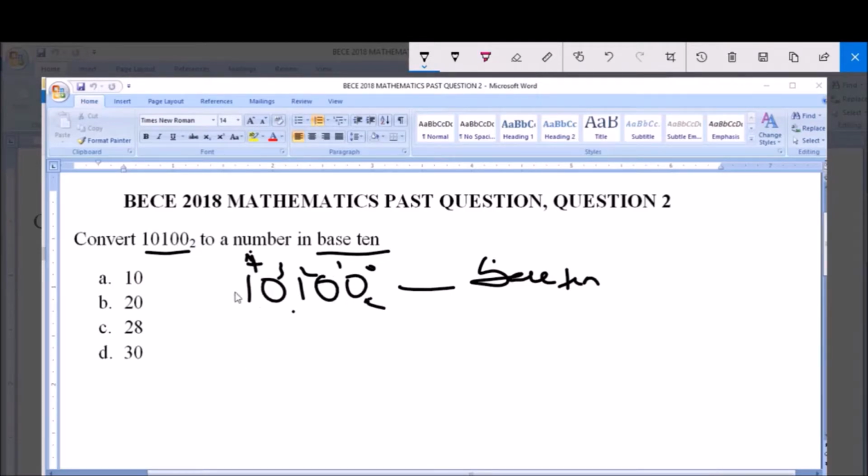Now what do I mean? We have 1 here. Let's start with this one. So we say 1 multiplied by its base, which is 2, raised to the power it's carrying, which is 4. You can understand now. It's what I'm saying. Now we have plus